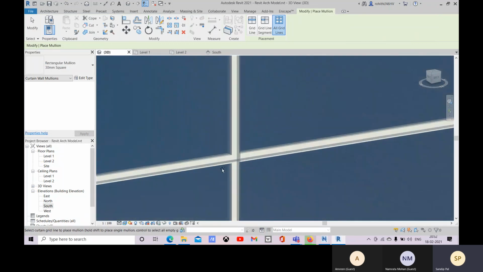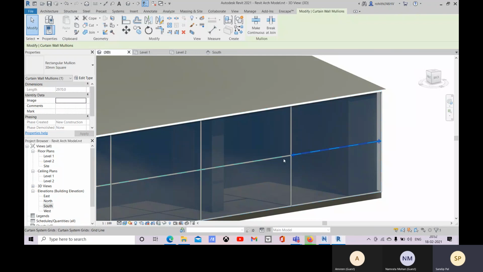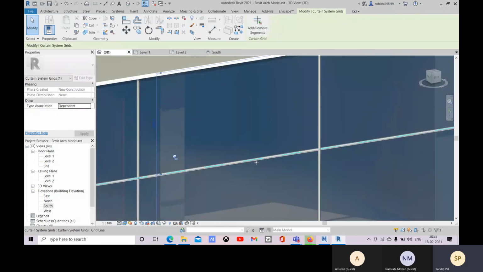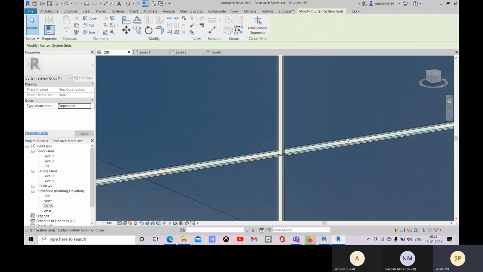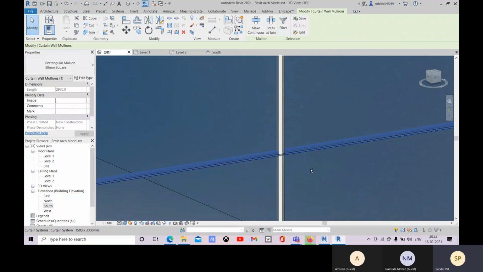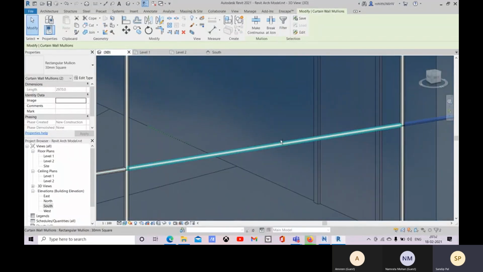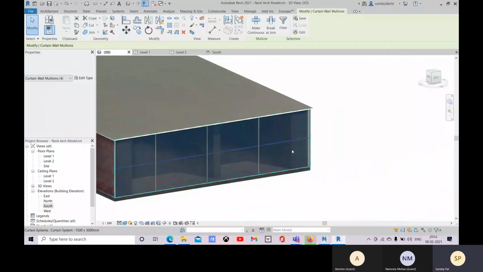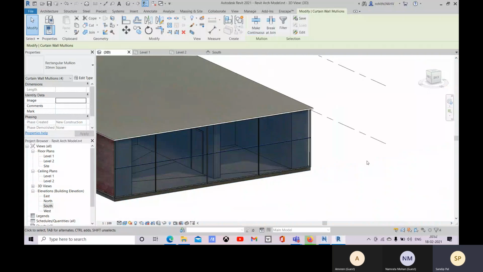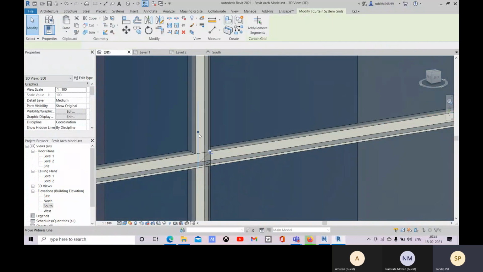And now if you want to make these continuous, select all these mullions. If you're facing problems while selecting, zoom it or go with tab. Holding the control to select all of this and make it continuous. There it is, continuous.